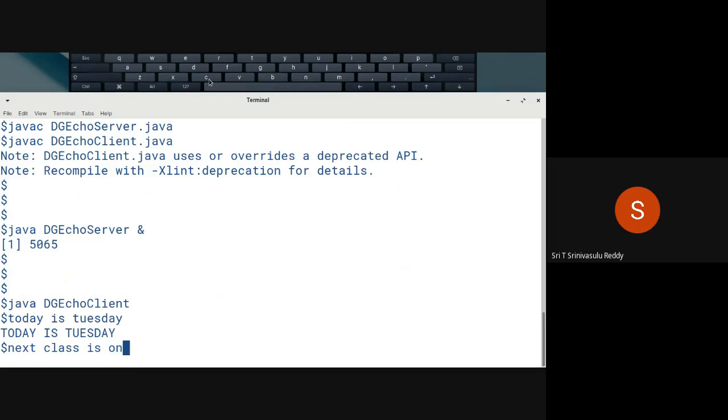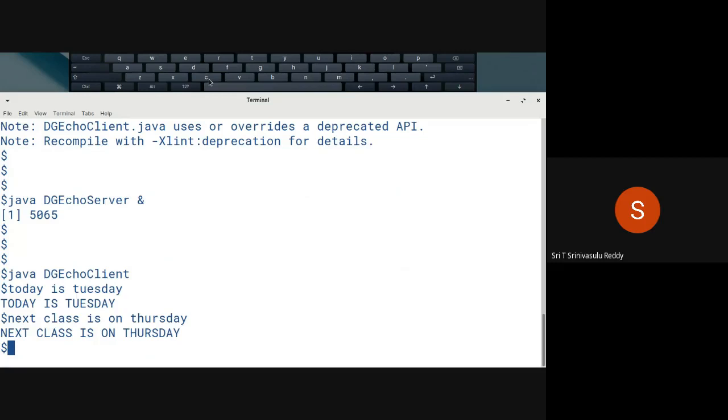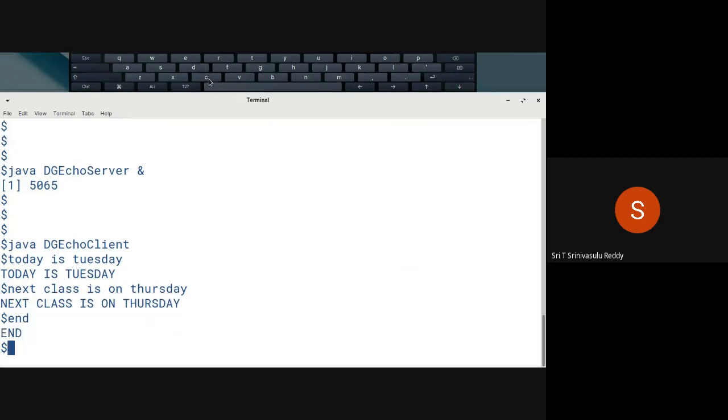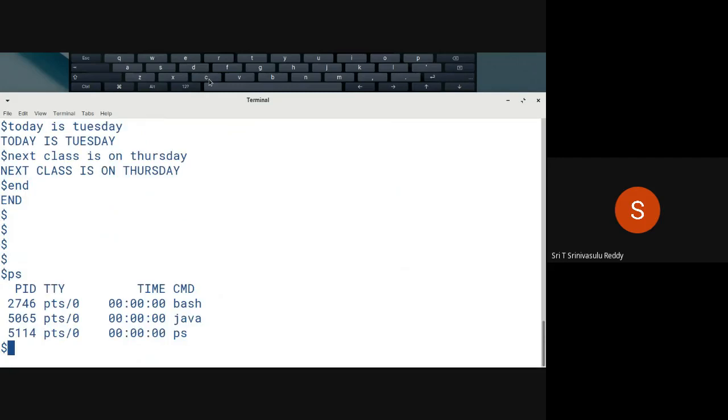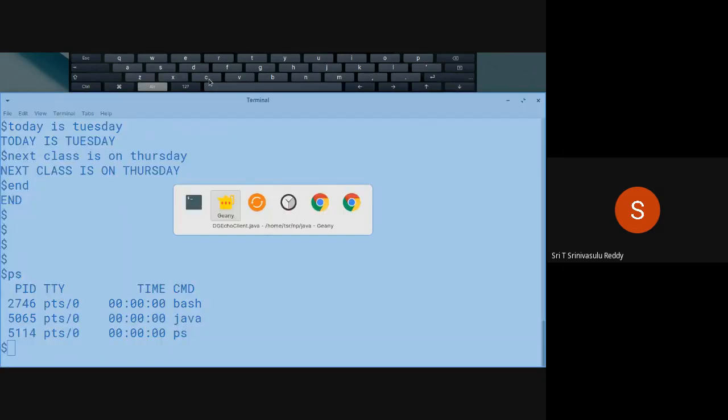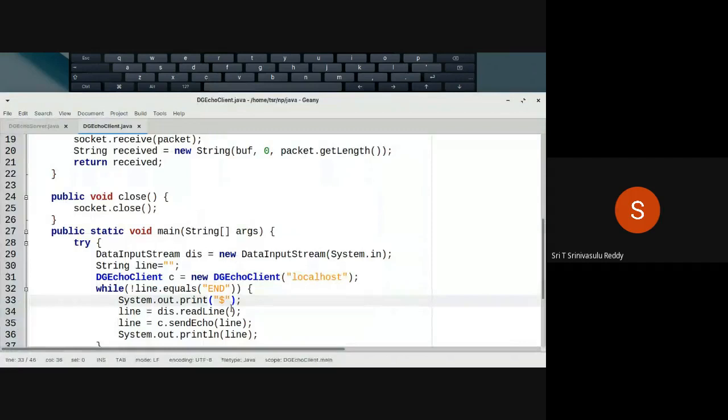Is on Thursday, whatever. So and so on. At the end, you say end. Now you can see, right? So these are the things. Maybe one small change we can make is, instead of a dollar, we should have something else.